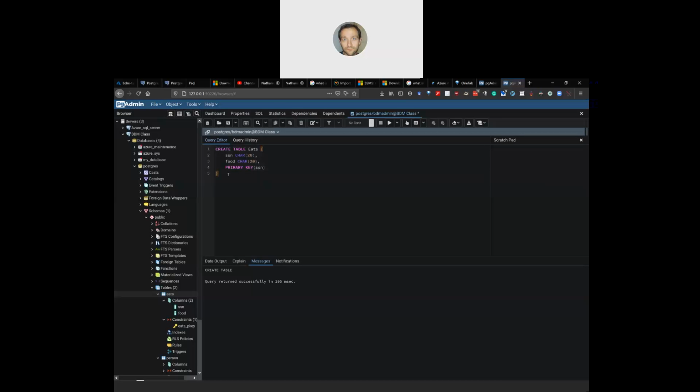Okay. Make sure I get that file name right. Okay, here's the eats table. Copy the location of it. Okay. So